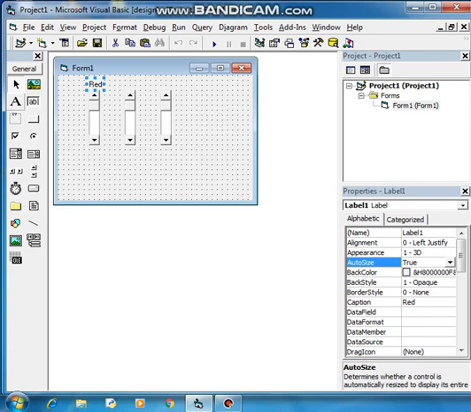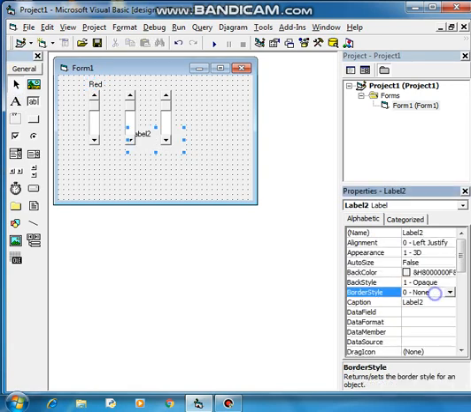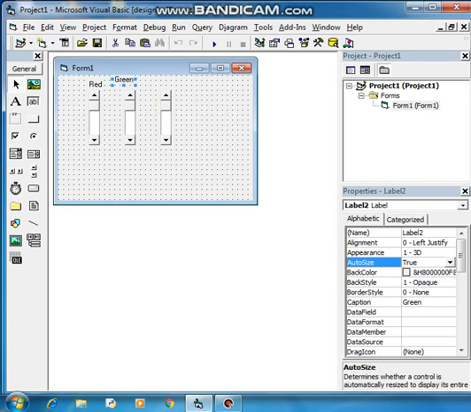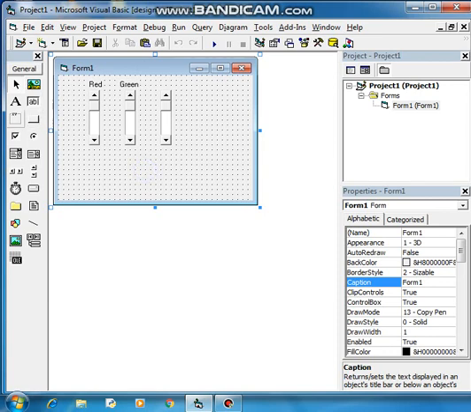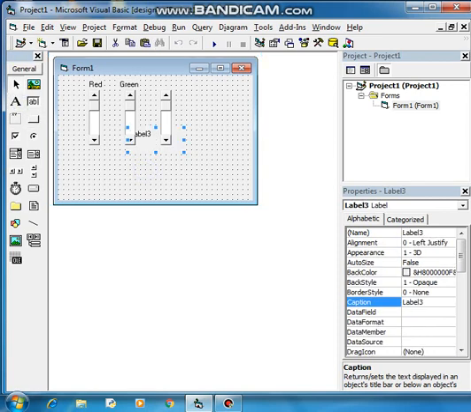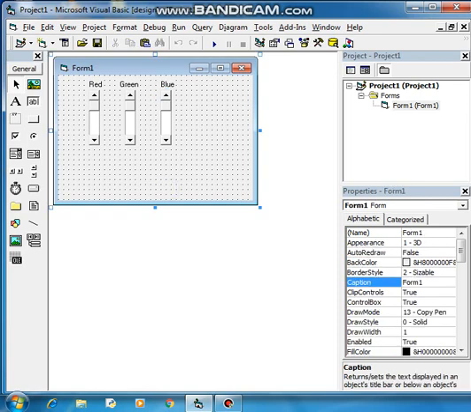Now I am taking one more label for the next one, that is, red, green, blue. So I am taking here green, students, and I am making auto size true and setting it here, so that the user, when using my program, will be able to know which scroll bar is designed for which purpose, or for which color. So next I am taking blue. The blue color label, auto size I am making true, and I am setting it with the third scroll bar. This is just a label, students, so the user can know nicely which scroll bar is for what.